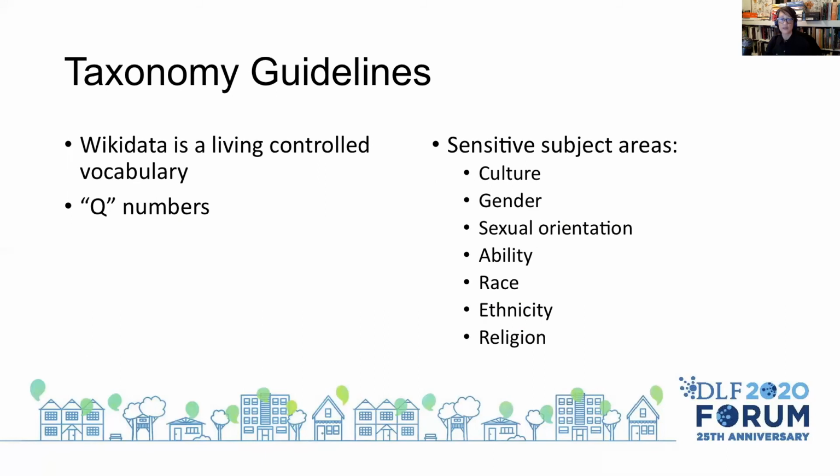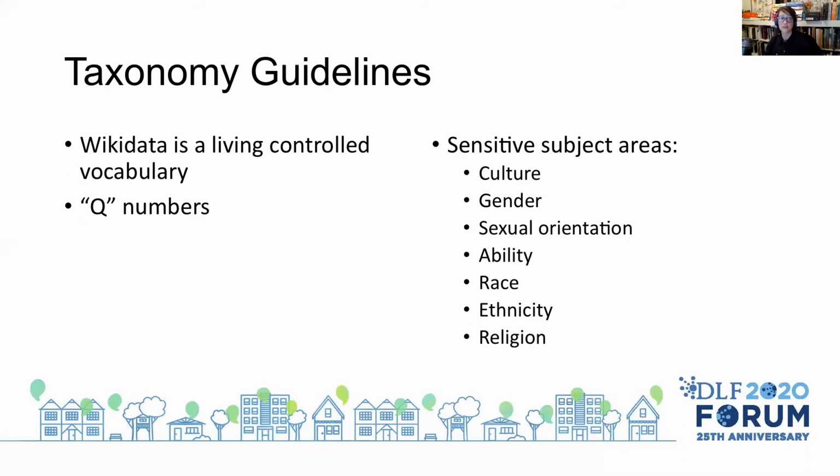The nice thing about Wikidata, however, is that it assigns unique codes to every term. These numbers, which generally start with the letter Q, provide a stable identifier for a concept even if the term changes. Because, as you know, anyone can edit or create terms in Wikidata. But with the Q numbers, at least you know that the concept behind the term should remain stable, even if the term itself changes. The guidelines for basic concepts like titles and names were fairly straightforward, but because one of